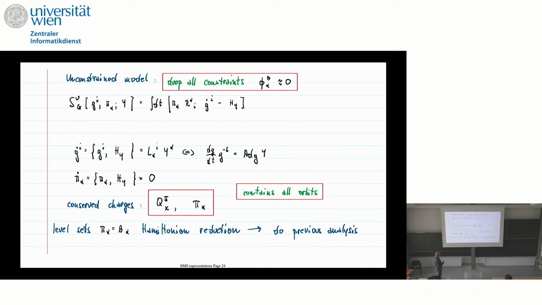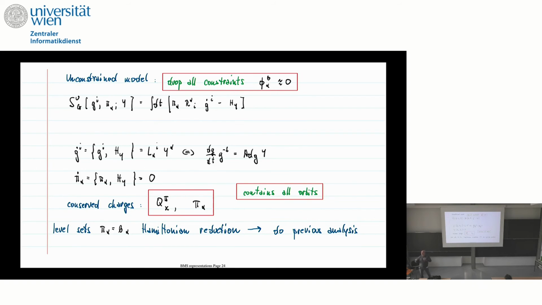That is what I wanted to do. And more interesting to study is just a model where you drop all constraints, but then you're really talking about the model for T*G, dropping all the constraints. And that answers also your question. Dropping all the constraints means that you no longer say that this B is a fixed coadjoint vector, but it's another variable of the theory, but then you have double the variables. You have variables on the group, you have independent variables on the dual of the Lie algebra, and you have the double number of conserved charges. And the equations of motion for the pi's in that case are very simple. They say that the pi's are constant.